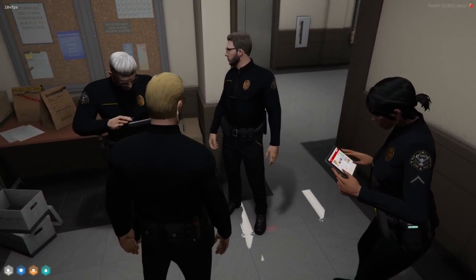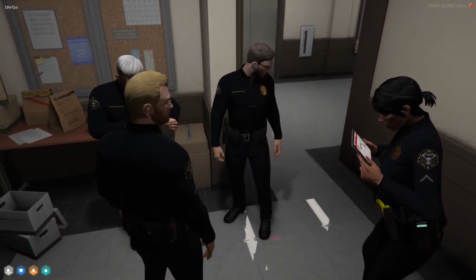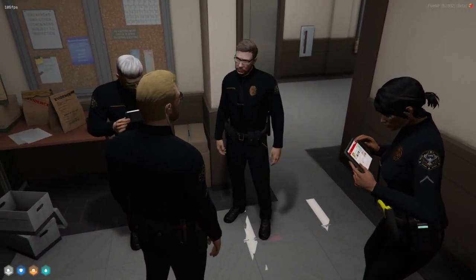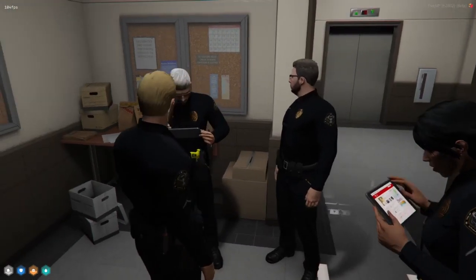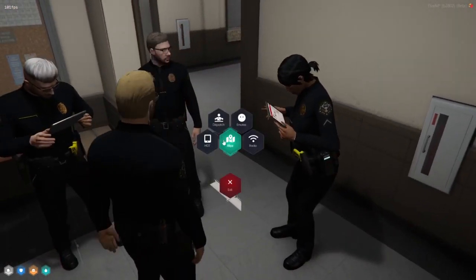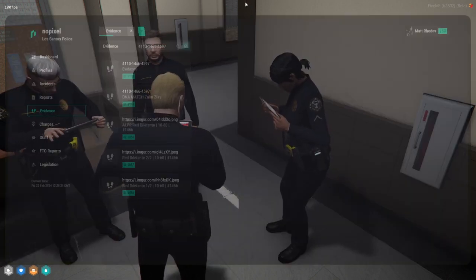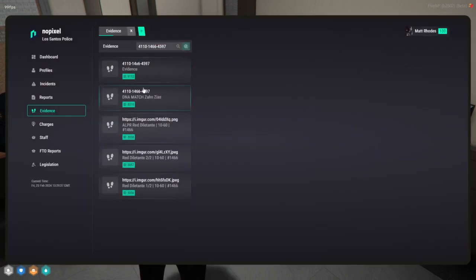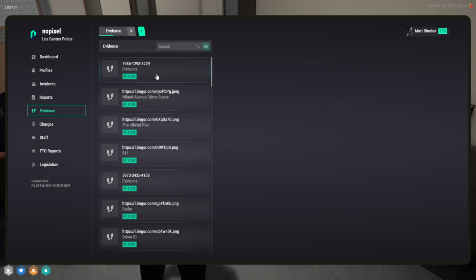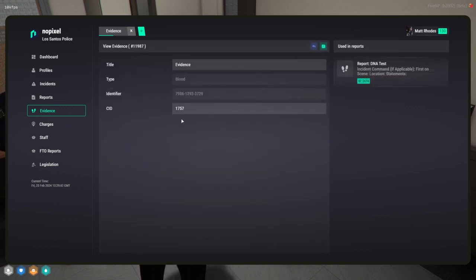Okay, so here's what we're gonna test. It automatically did it because I just put it in. My DNA was not in the evidence until just now. Because if you look up my name or my strain in our evidence, it was in 2 reports. One was the report of y'all's, and one was the report of mine, 1757, which is 1757. It automatically updated my